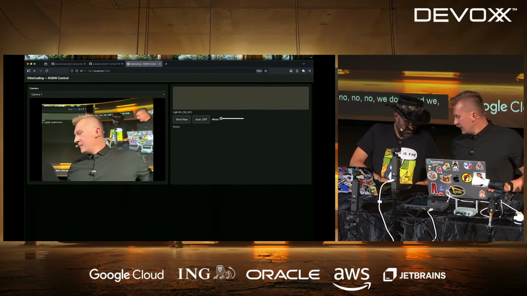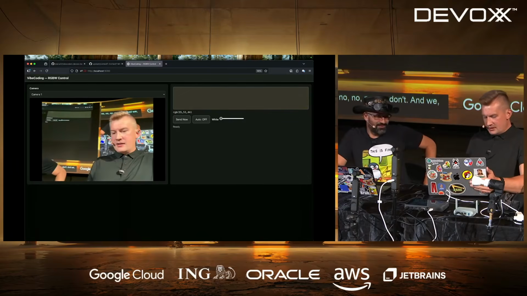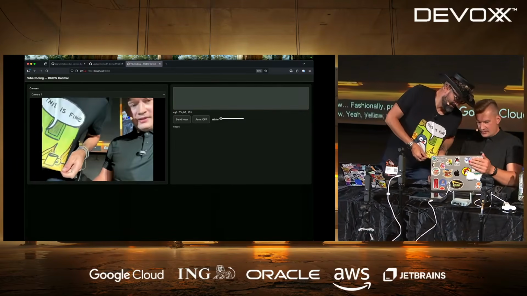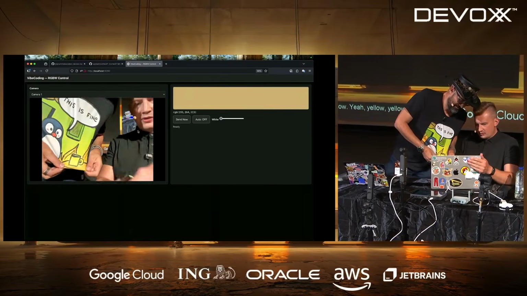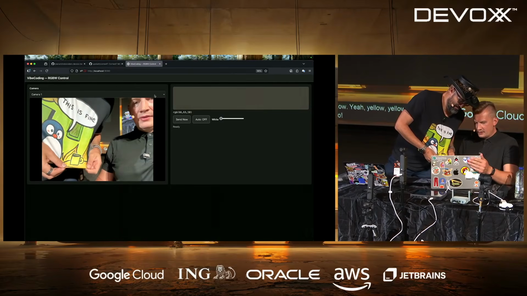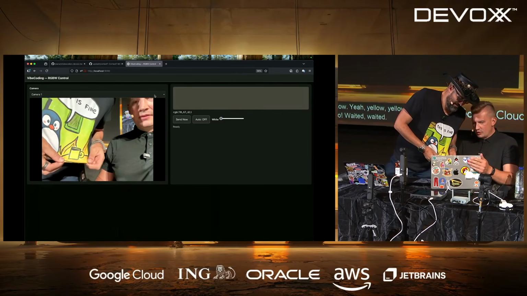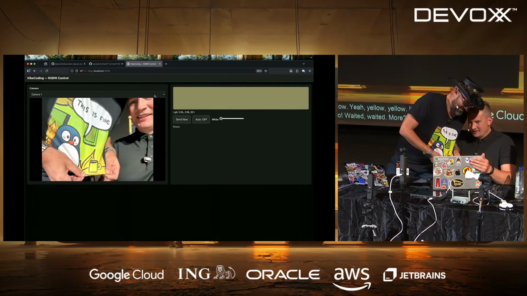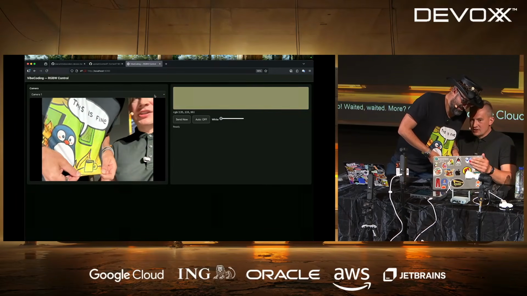Yeah, no, I have some yellow. Fashionably black. Let's see. Yellow, so that's gonna be weird. Closer. Oh, here we go. Here we go. It was yellow. Wait, more, closer. There we go. Yeah, it's yellow.